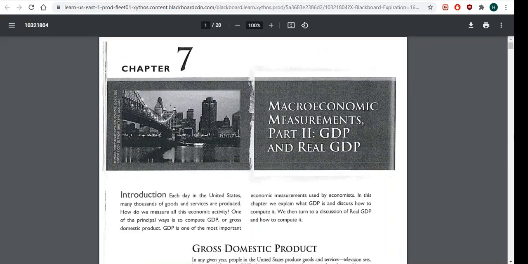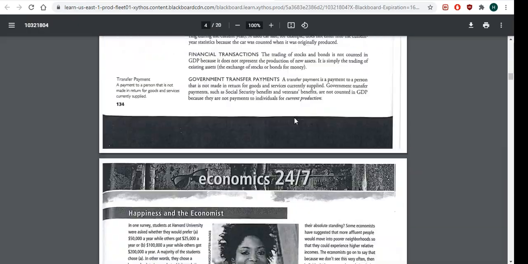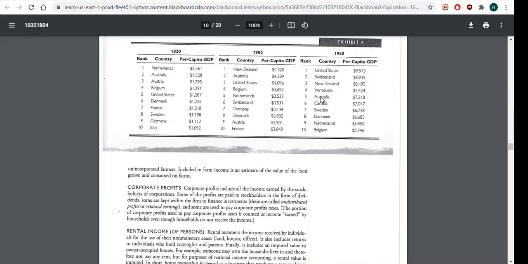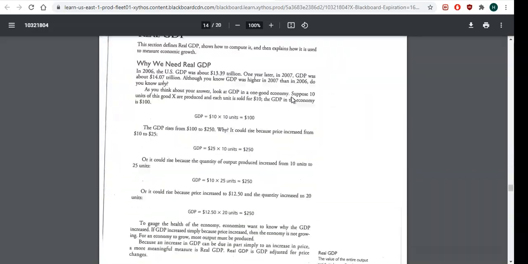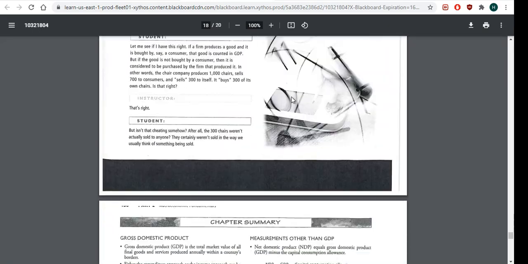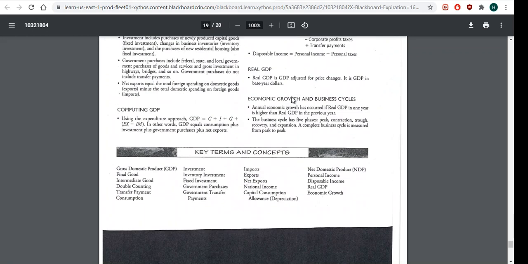When you click on it, something like this will pop up. And so there's your readings. I would start with your readings. Read the entire chapter. And then after you've read the chapter, which you can do really quick here,